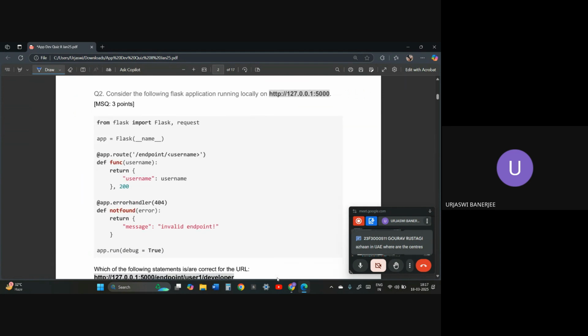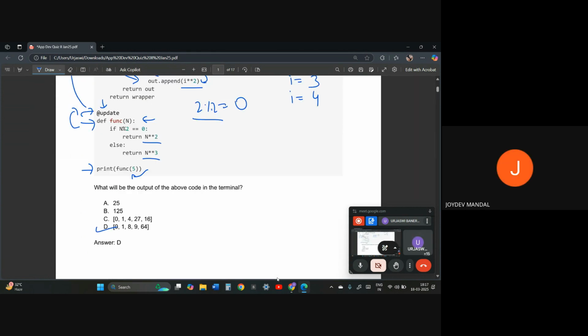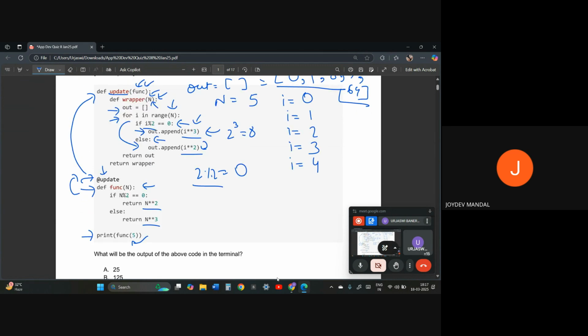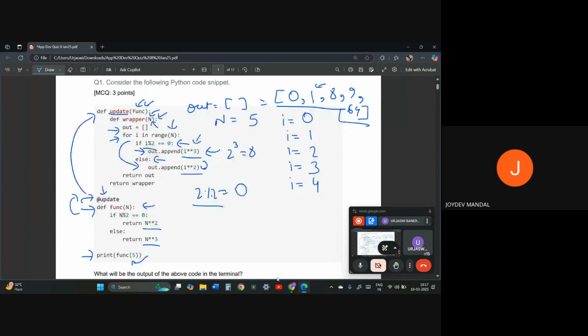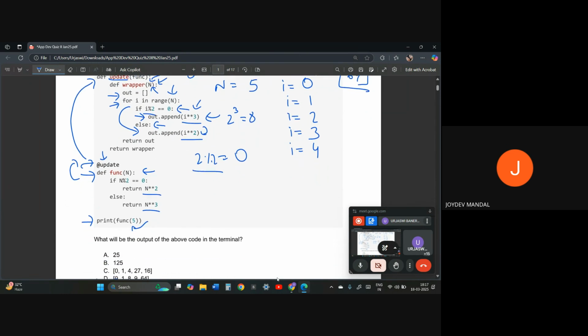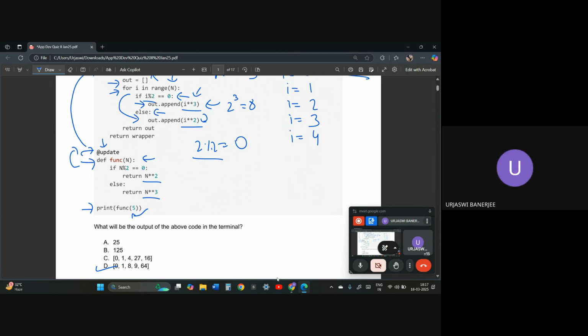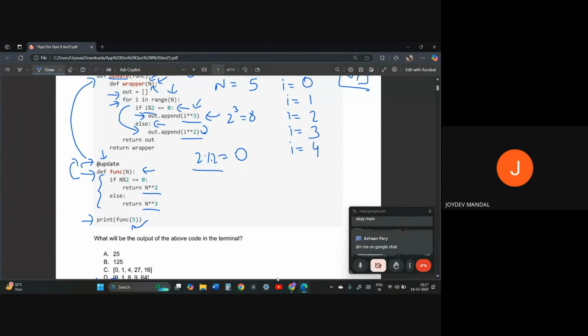So moving on to the next question. Ma'am, excuse me, ma'am. Why has it not gone to the part below def func, and why has the if n equal to part not gone here? This part, the below part. You mean this part? Yeah. Why has it not gone through this one? It should go once at least, or when will it go?